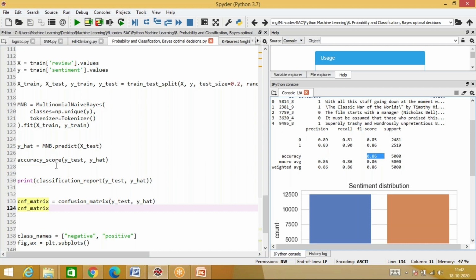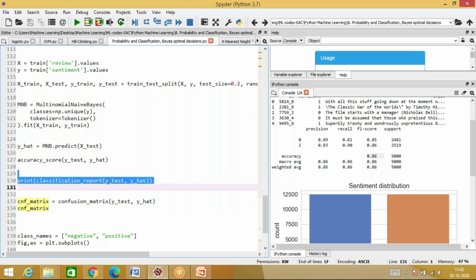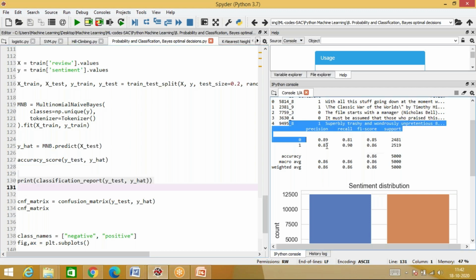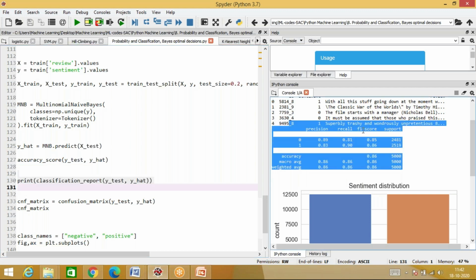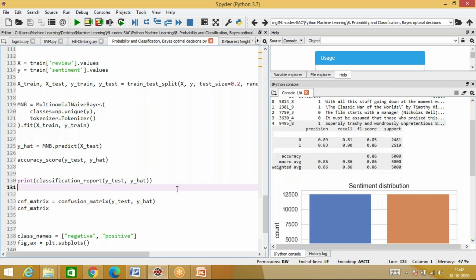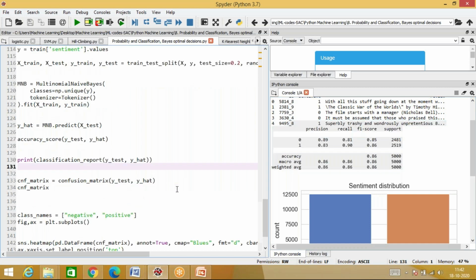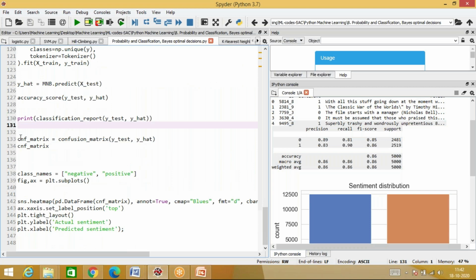or were as per what is required. Now actually speaking, we could have stopped here itself, but if you want to print the entire classification report, just pass the testing data and the y predict values, and then you'll get the entire data as well, right? We'll talk about this F1 score in one of the other algorithms that we'll use later. Again, confusion matrix. If you want to display the confusion matrix, just pass your test data and your predicted data to the confusion matrix, and then you'll get your answer.